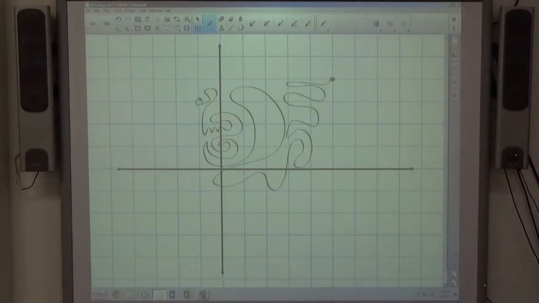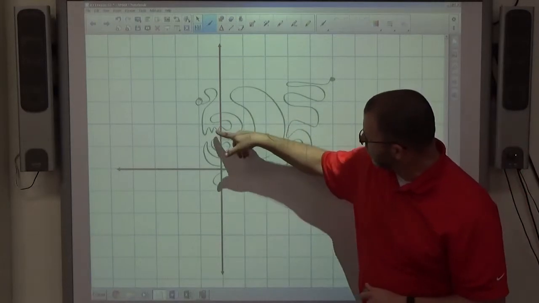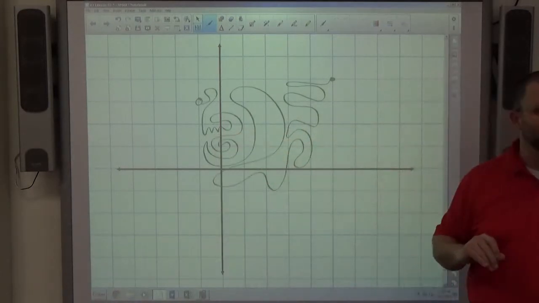I thought it was in math, not art. That's kind of artistic though, isn't it? It's kind of like a creature of some sort. There's this mouth and sharp teeth. Anyway,